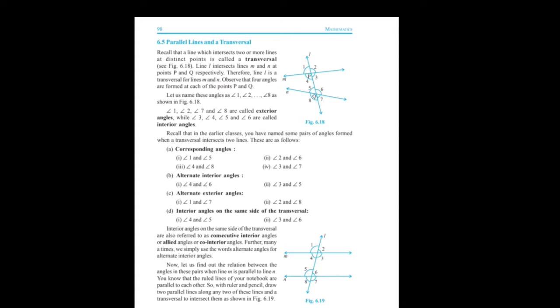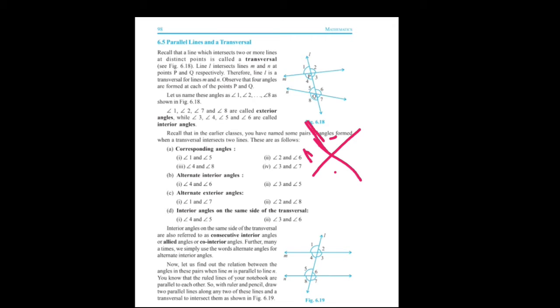So here, if we draw two intersecting lines, then one angle here and one angle here are vertically opposite angles. And students, we know that vertically opposite angles are congruent. So here there are two pairs of vertically opposite angles, and the second pair of angles is here. So two pairs of vertically opposite angles are of equal measure.